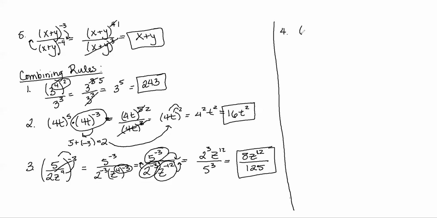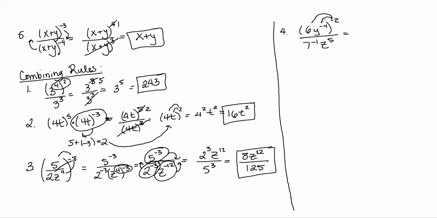All right, so on the top of this one in parentheses, we have 6y to the -4th. That's being raised to the -2nd. And on the bottom, we have 7 to the -1st, z to the 5th. So this one's kind of a big mix of some different rules here. First thing to realize is that the parentheses are only around the top of the fraction. So when we distribute this exponent, it's only going to the top. So I'm going to focus on just getting rid of parentheses first, and then we'll deal with our negative exponents